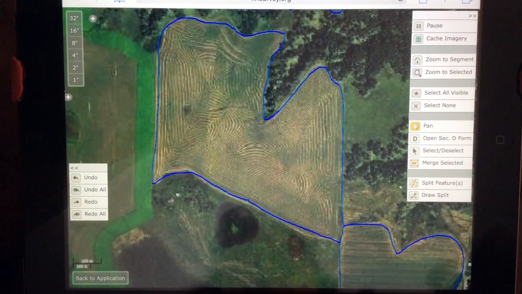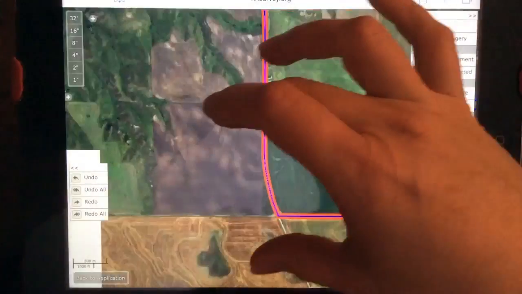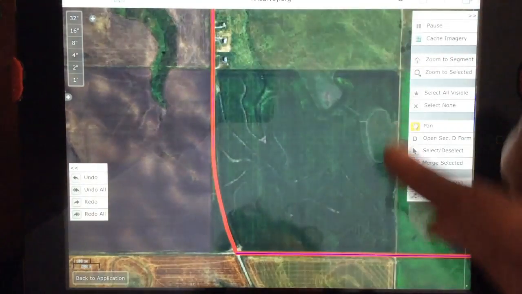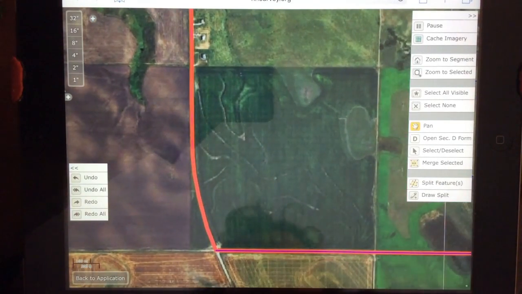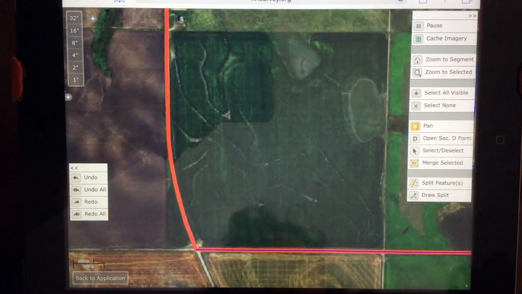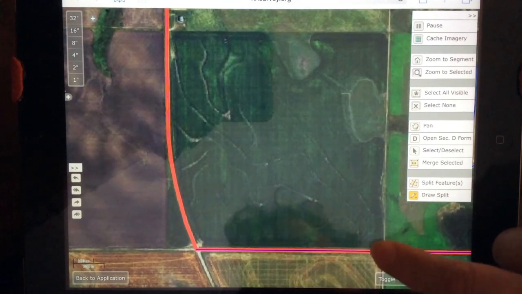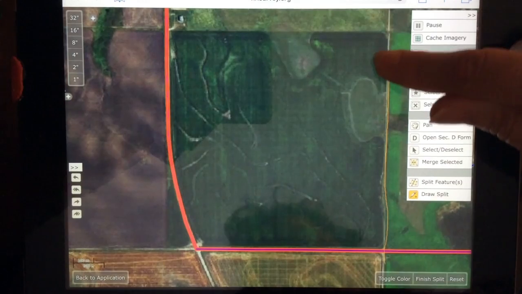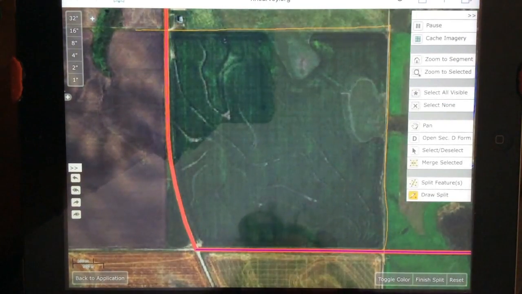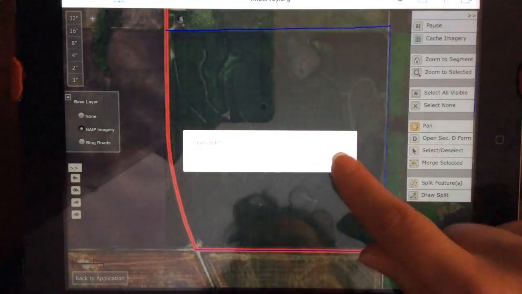Let me zoom out for one last example. I'm going to draw this large dark green field boundary off. So I'm zoomed in pretty much as I can get it all on my screen. Let's turn on my draw split tool, start it, and once again my fingers are kind of wiggly today. It's not the best line boundary. I'm going to undo the split